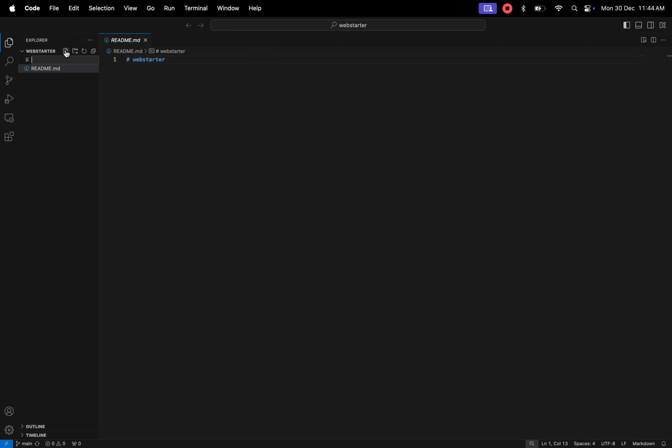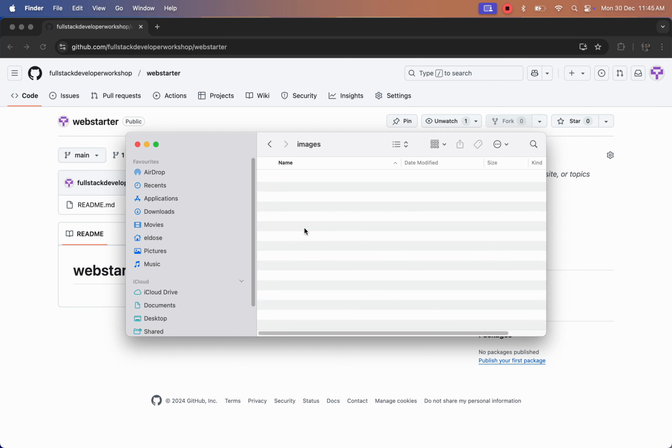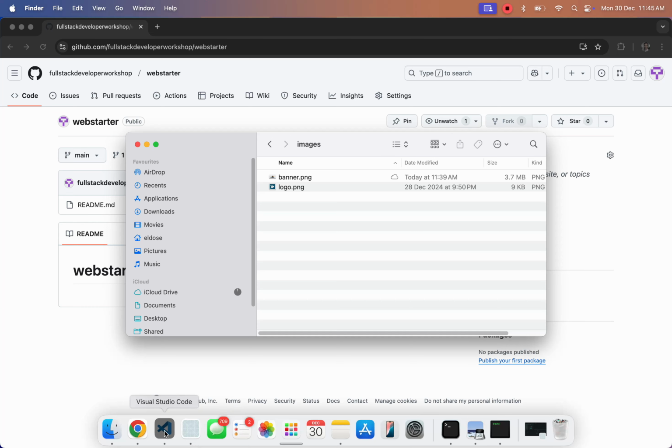index.html for the HTML tags that will form our home page, and style.css to write the CSS styles that will structure all the HTML pages of our web app. Additionally, I will create a folder to store the images needed for the web app. I'm adding 2 images to our images folder to use as the logo and banner. Now, I'm starting to write the HTML tags needed to create our home page.